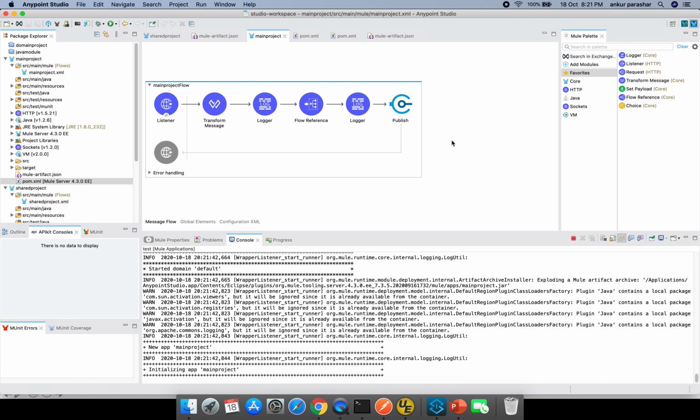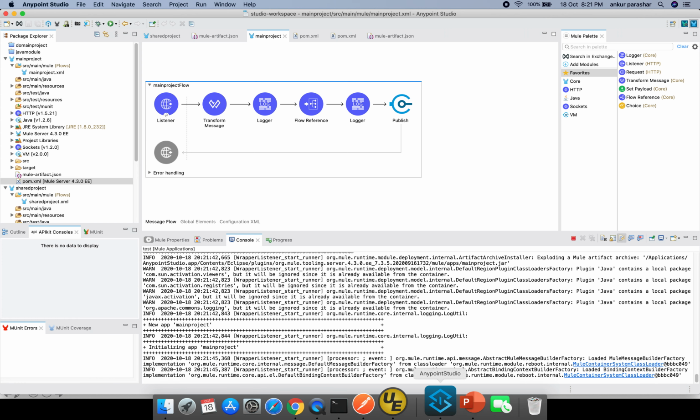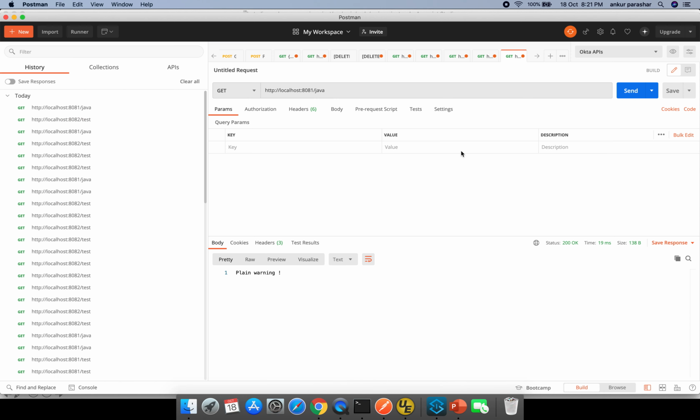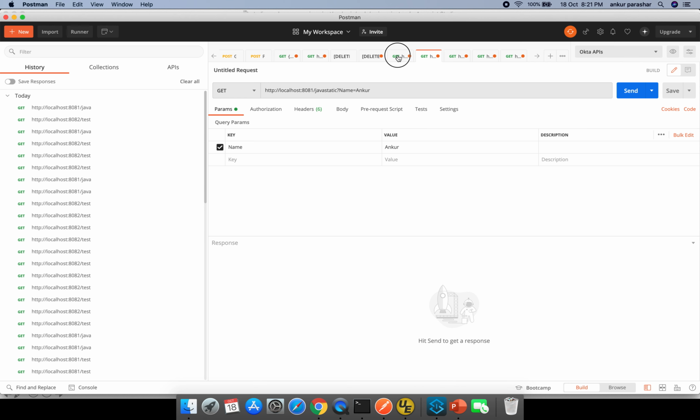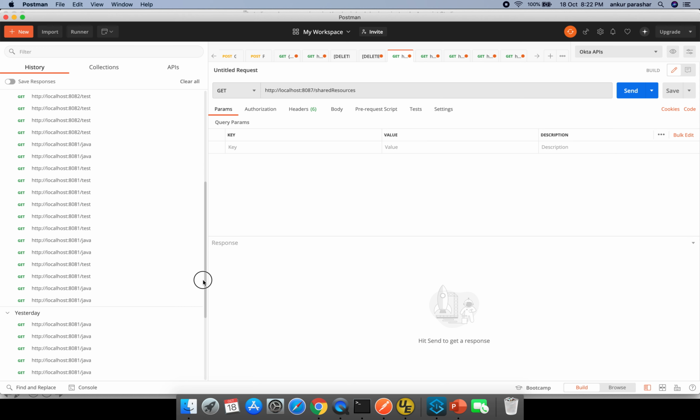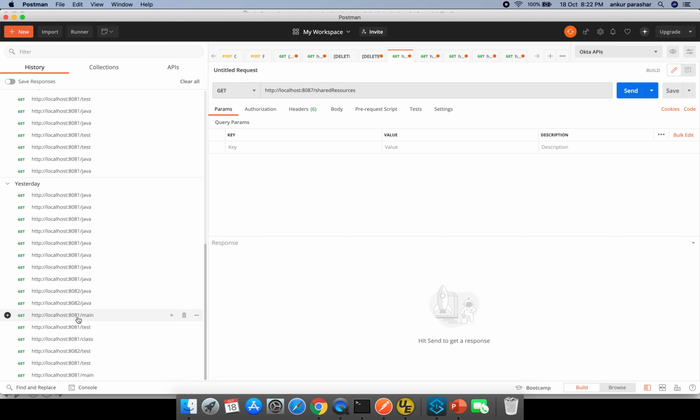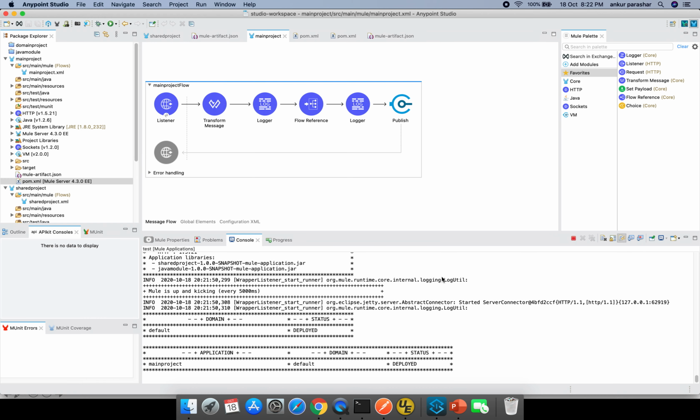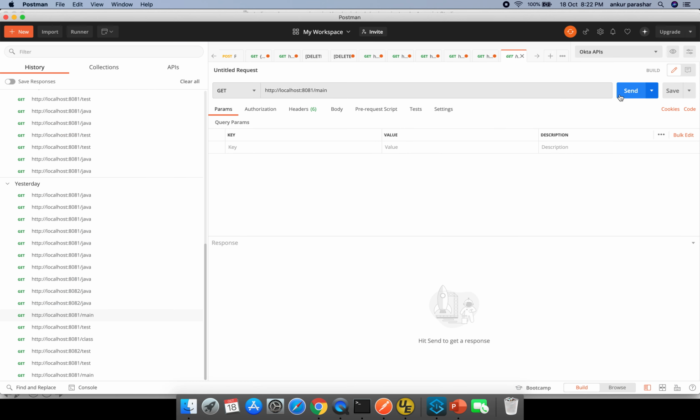It will take a couple of seconds to load, so in the meanwhile I will go to Postman just to locate my project. It is showing as deployed. Let me clear up the console. I will go back and click the send button.